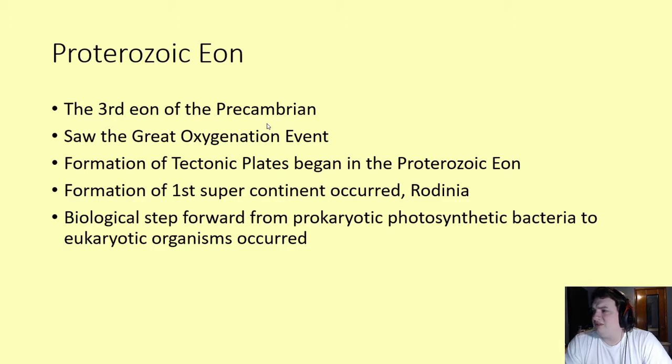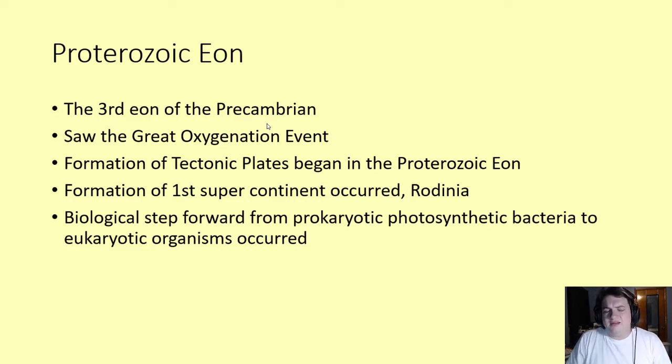Okay, so that brings us to our third eon, the Proterozoic eon. Notice that we saw those photosynthetic organisms at the end of our previous eon. So we saw an explosion of photosynthesizers, and it led to the great oxygenation. Our atmosphere started to get lots of oxygen instead of just that tiny bit from the early photosynthesizers. Other major things that we saw during this time, we saw the formation of tectonic plates,